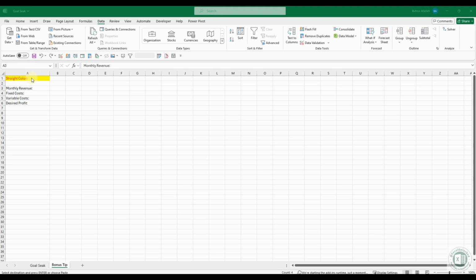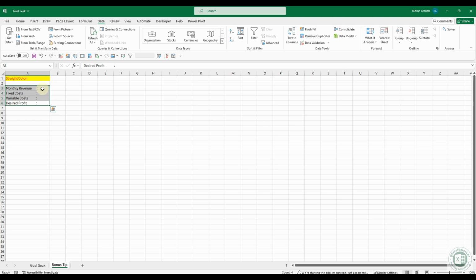Ever struggled with messy, unaligned columns in your cells? Here's a quick formatting trick to make your spreadsheet look instantly professional. Now, in our example here, the columns are not in a straight line, so if we need to adjust them all, it's gonna be hectic and annoying. So it's gonna take too much time. So here's my formatting trick.